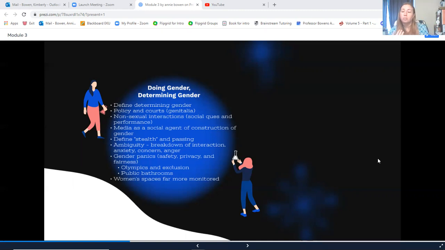The same way they do this with murder victims, they do this within the Olympics, which we've talked about several times, and about courts and about sports. We also talk about this in connection to bathroom bills, which we have already gotten into. But we talk about this in the way in which those courts utilize this idea of panic